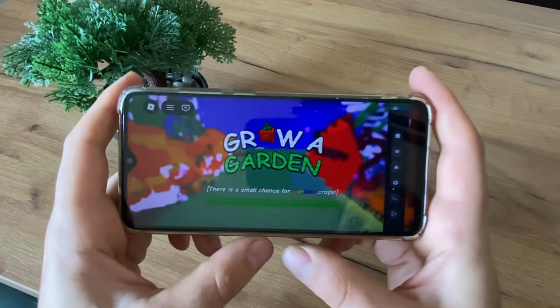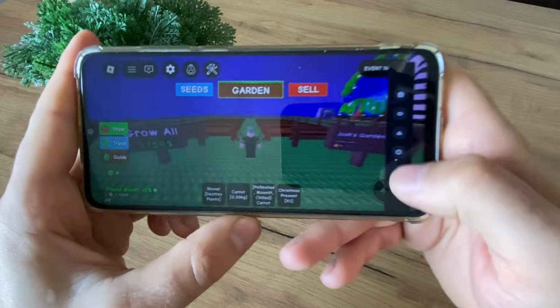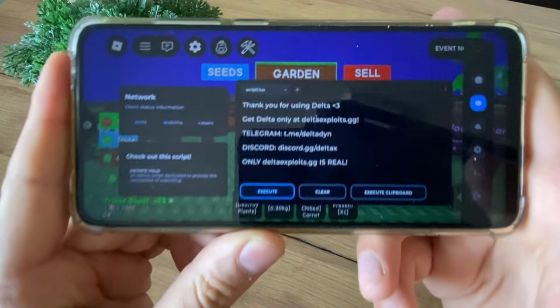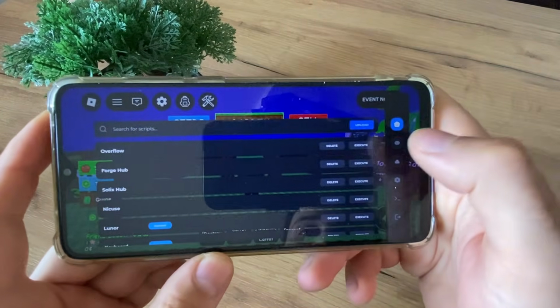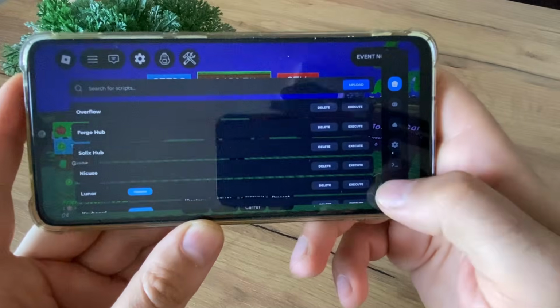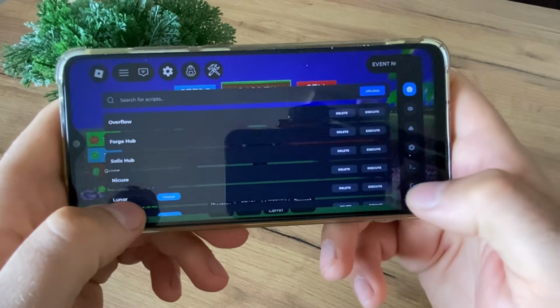And now, guys, I'm in the game, and as you can see, we have these panels. Let me click here, guys. Look at this. Thank you for using Delta. We have this message, we have scripts. Just click execute and enjoy your